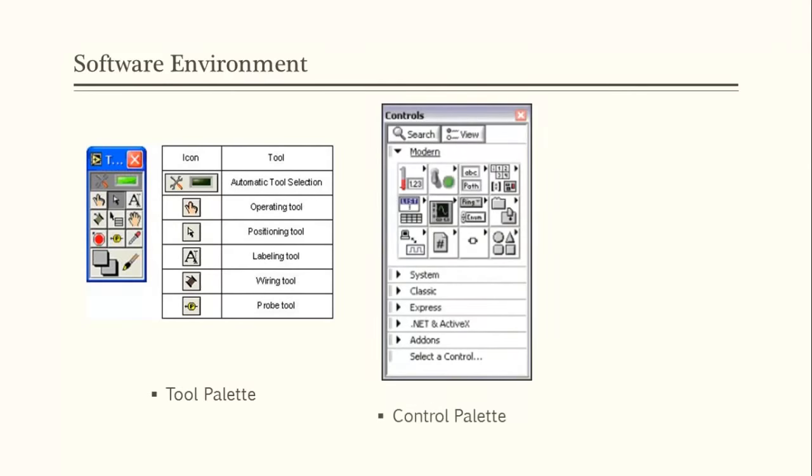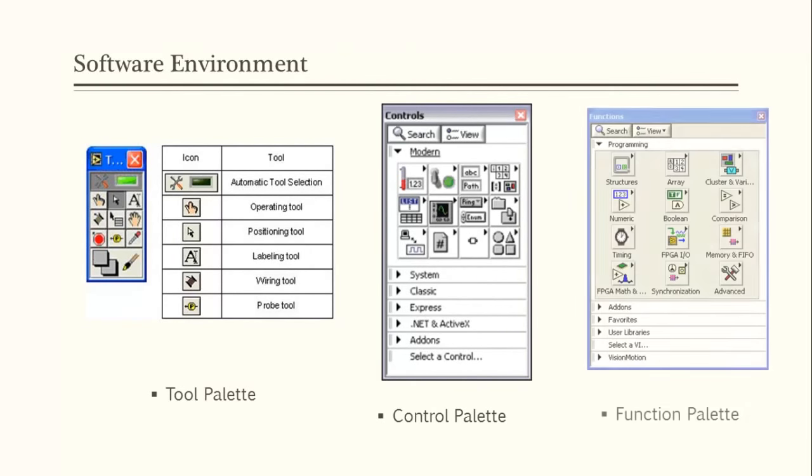Second one is the control palette. Control palettes are used in the front panel VI. When you create a VI by control and indicator which are available in the control palette, you can create a numeric control, a numeric indicator, a boolean control and a boolean indicator with the help of that control palette.